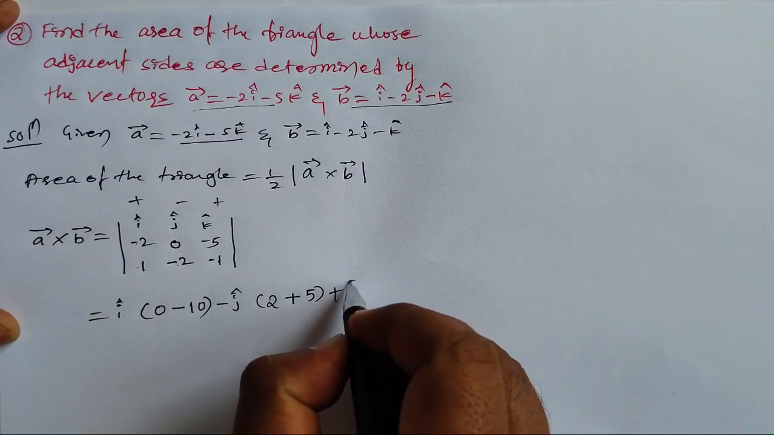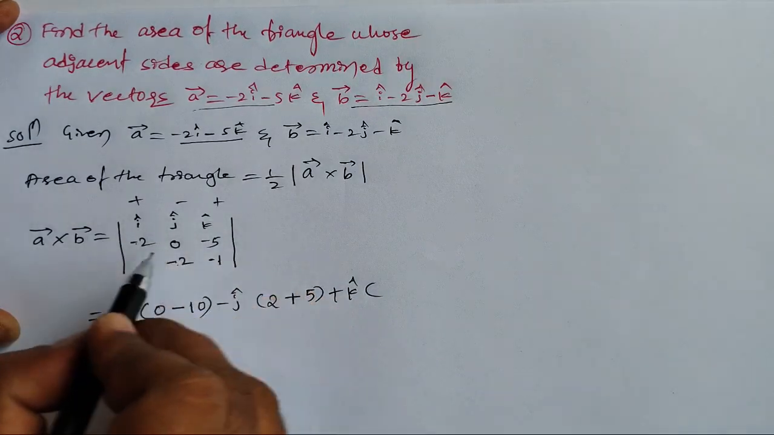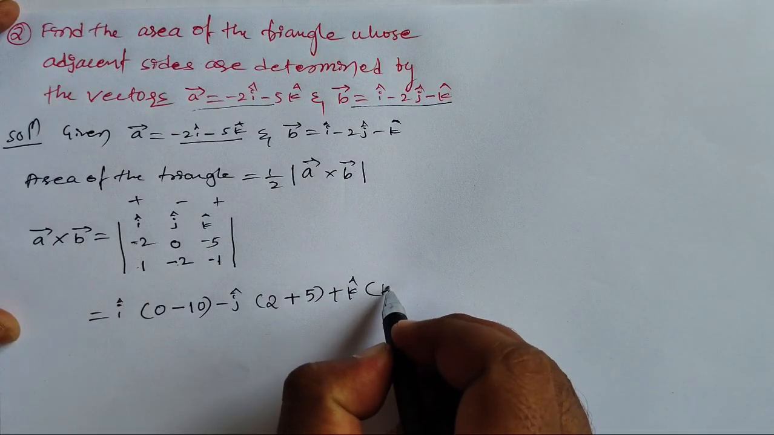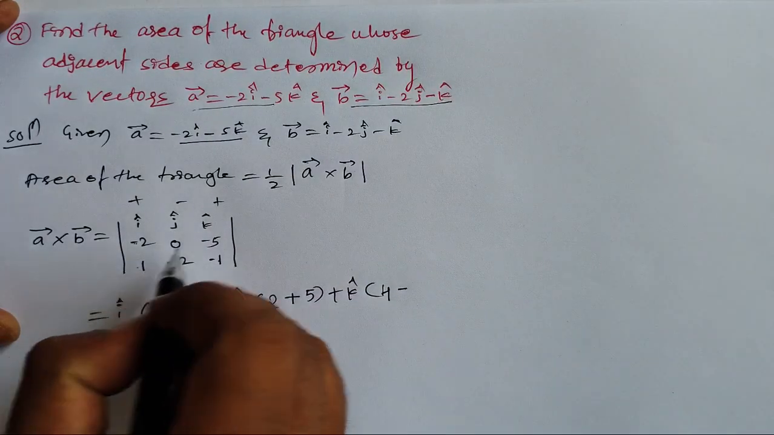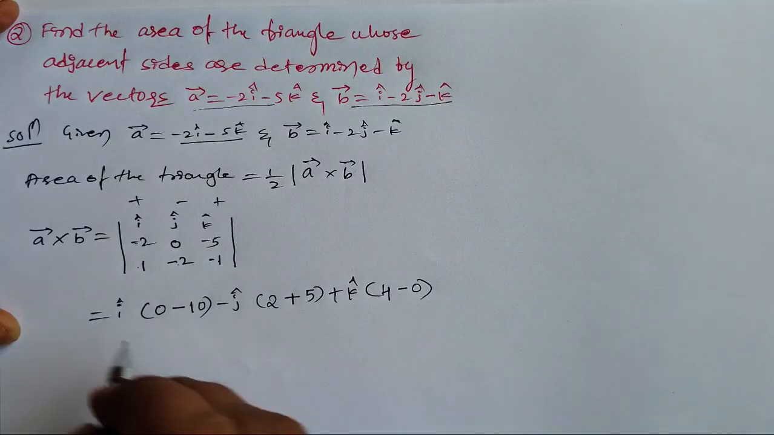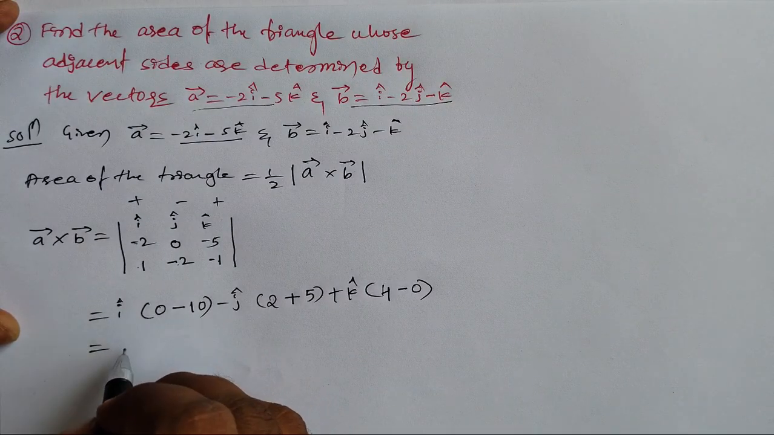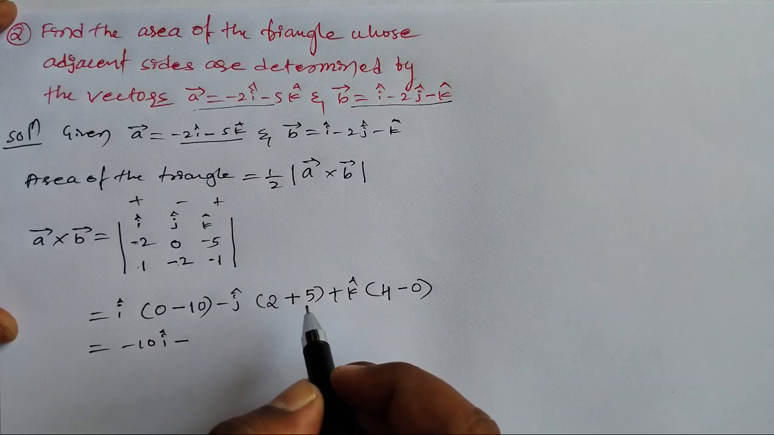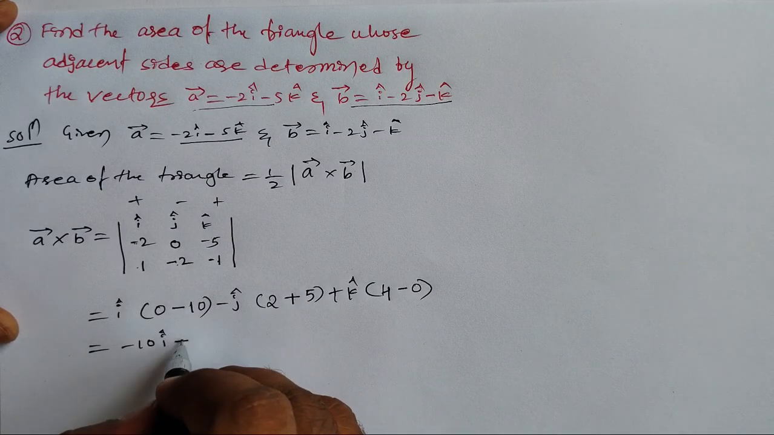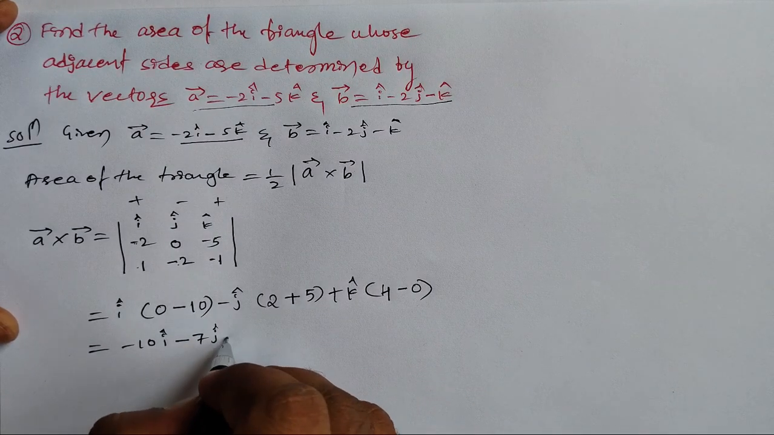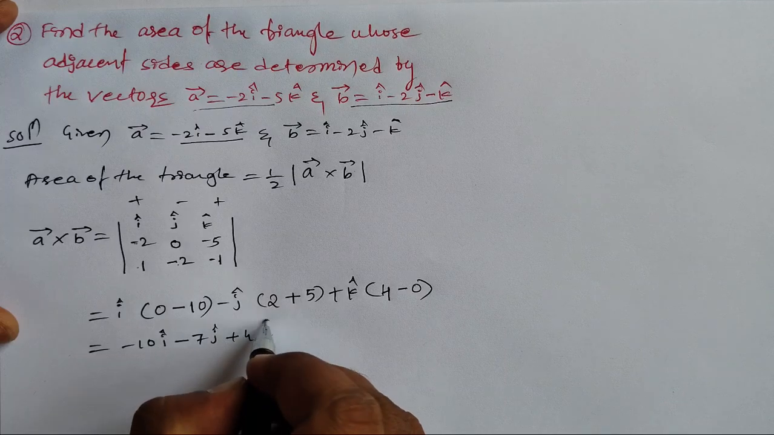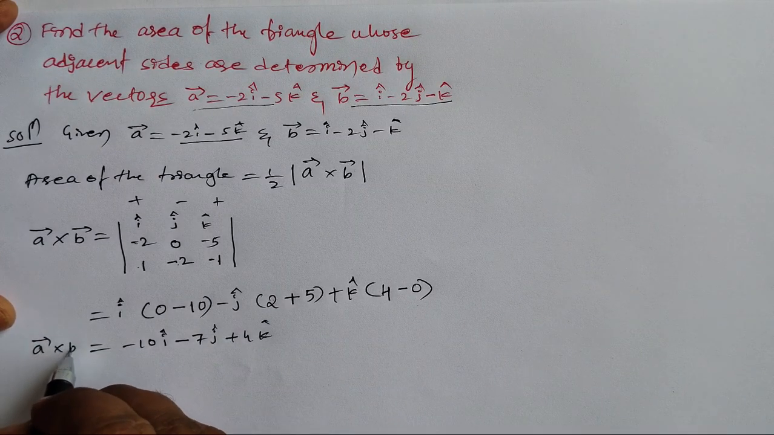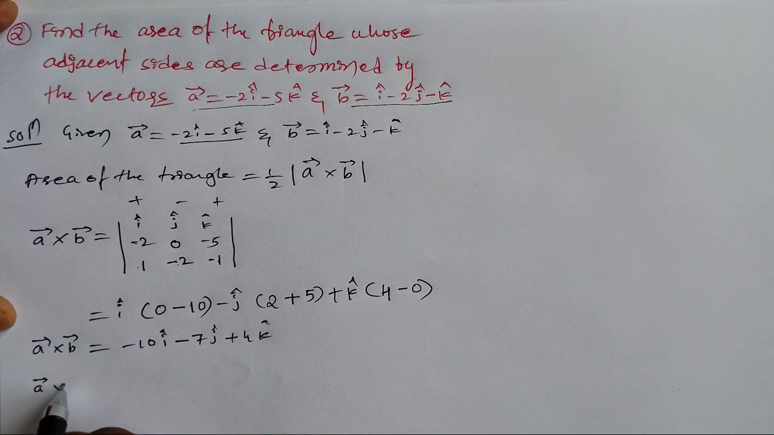Next, plus k cap into bracket, this column and this row, minus 2 into minus 2, minus minus becomes plus, 2 2s are 4, minus 1 into 0 becomes 0. So that is equal to minus 10 I cap and 2 plus 5 is 7, minus 7 j cap and plus 4k cap, right? Okay, next you find this is A cross B vector and A cross B vector magnitude